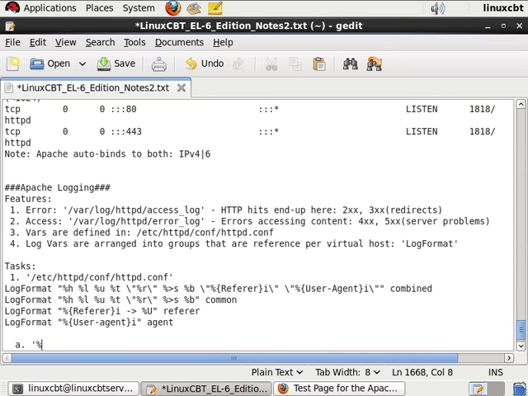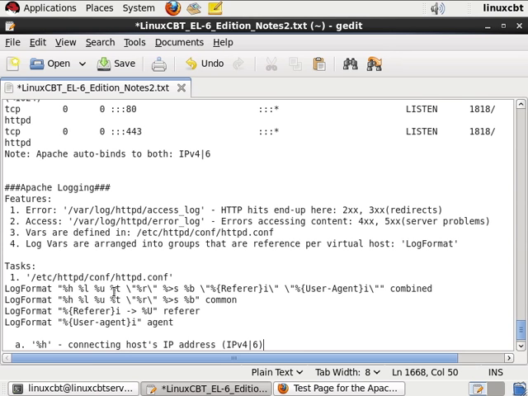%h from the first one references the connecting host. Now with the default name resolution turned off, this means the IP address. So connecting host's IP address. This can also be IPv6 as well. So whatever address was used to access the content by the client will be reflected by %h. So wherever %h is referenced in a log format statement, that's how you will see the representation in the log